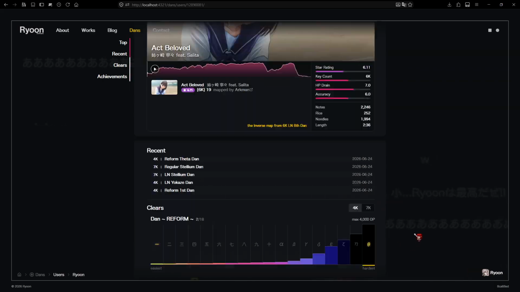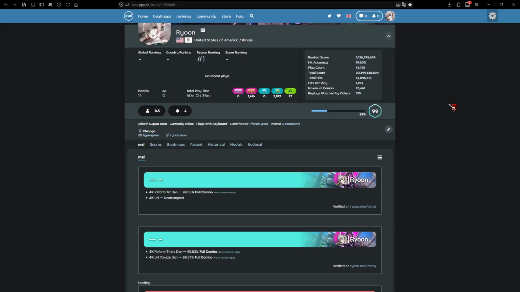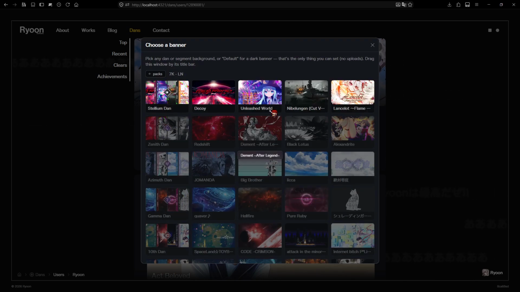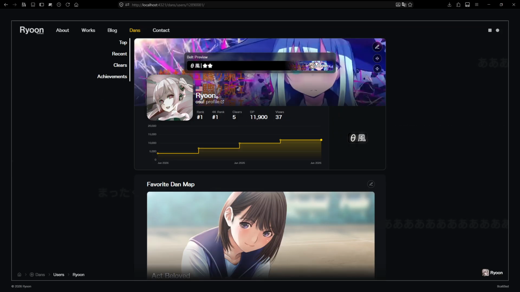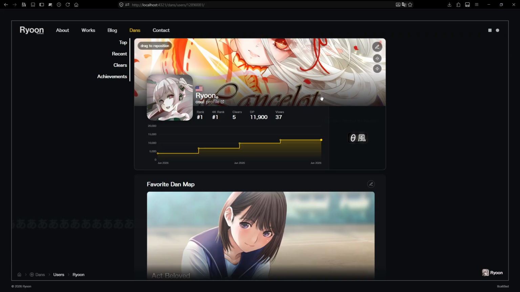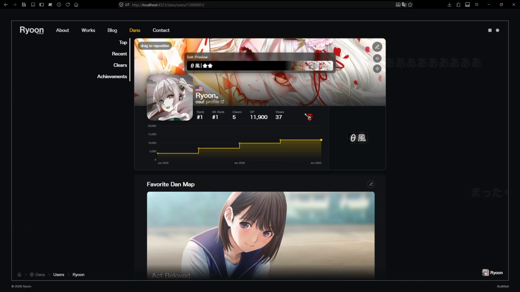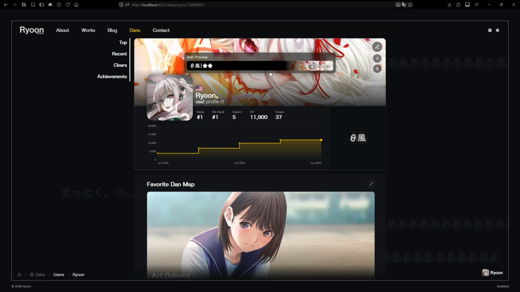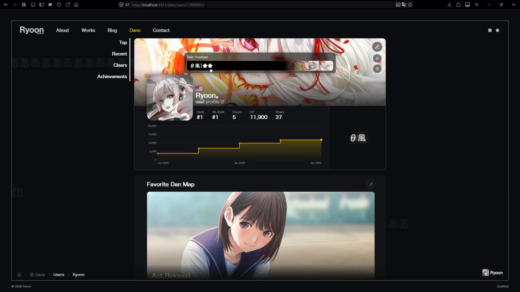And this banner image is based on... So I didn't explain this, but banner images. Whenever you clear a Dan, you get access to that Dan's banners, and so basically you can display that right there. That's a crusty image. I gotta find a higher res of that. For most of them, they should be very high res. That one's just kind of bad. And yeah, you can have that, and you get a little preview to show off what you have with your current stats and whatnot. Again, this is a server, so it's not quite